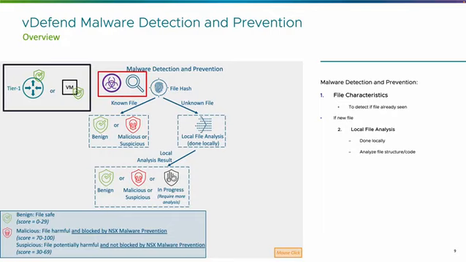So now we get into the dynamic type of analysis, and again, this is being done locally. This is staying on that security SVM that we talked about a few slides ago. And we're going to do any dynamic analysis that we can do. So we can take a look at the file format, look at the code. If it's a Python file, for example, we can run some sanity checks against that. And it's going to come up with three different